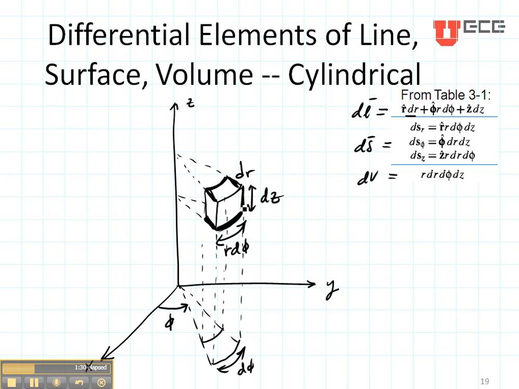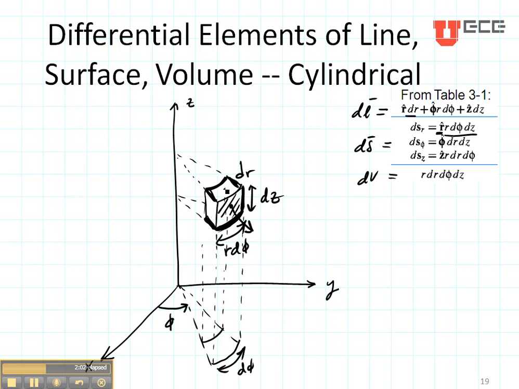Then we use each of those to define the elements of surface. If we consider this element right here, and we poke a hole in it, the arrow is going to come out in the r direction. It's going to be radially directed. The water would squirt in the radial direction. There's the r direction. So we would take this area, which is this line, which is r d phi, and multiply it by this length, which is dz. There is our elemental surface area right here on the front.